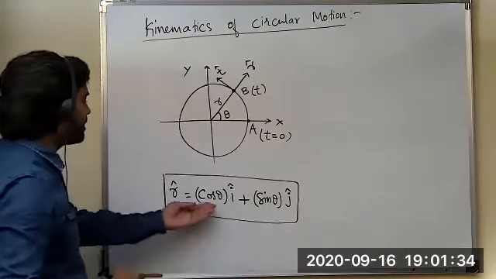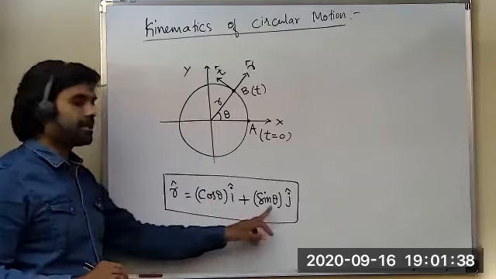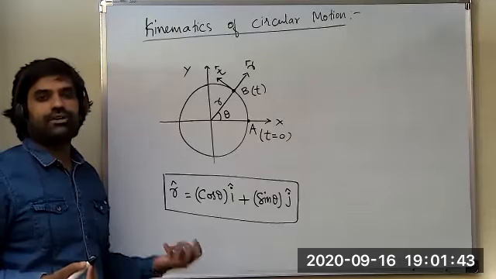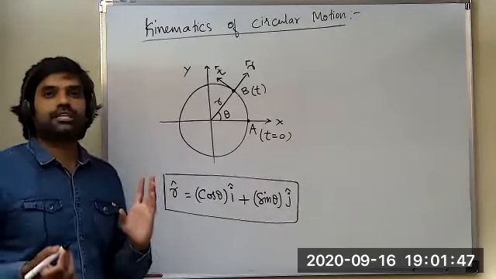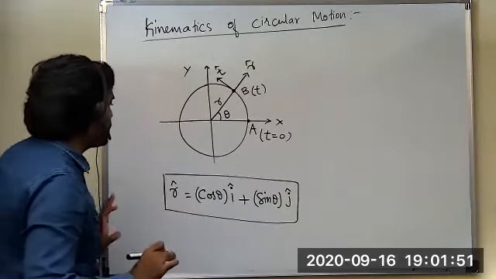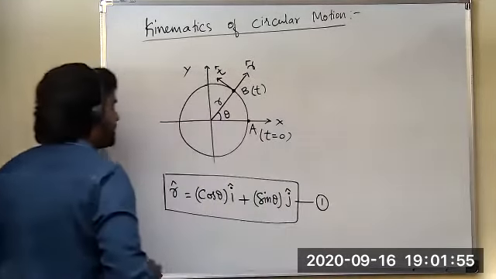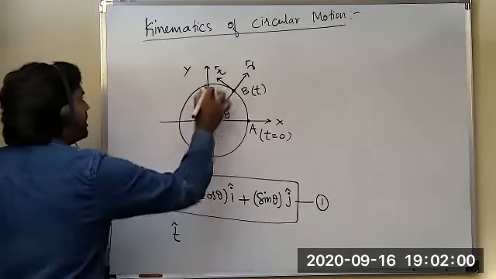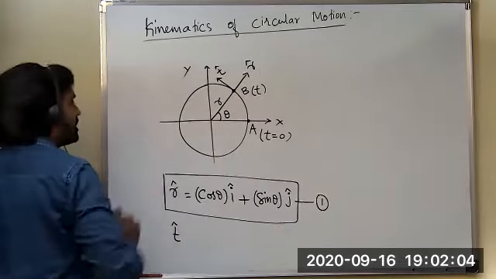If you take the magnitude also, it will become 1, students, because under root of cos square theta plus sin square theta will become 1, and r cap is a unit vector. It will have a specific direction with magnitude always 1. That's why it is said to be, students, a unit vector. Okay guys, take like this. This is a unit vector along the radius at any instant, and try to write down in the same way t cap, students. Here t cap remains perpendicular to the radius vector.